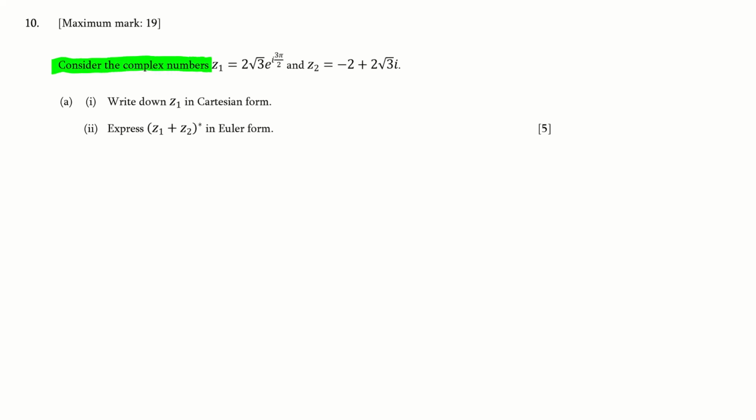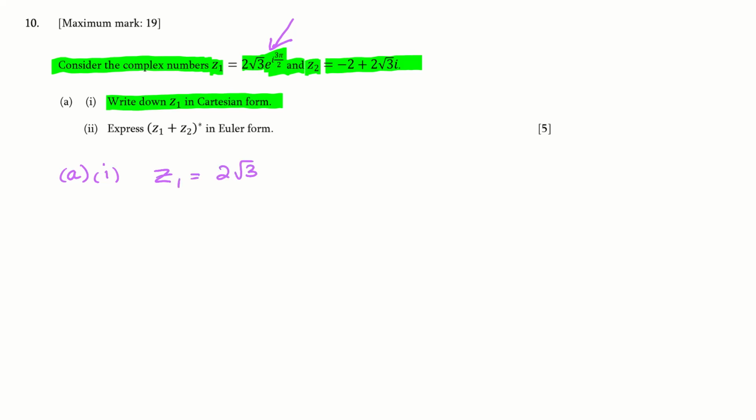Consider the complex numbers. Z1 is 2 root 3 e to the i 3 pi on 2, and Z2 is equal to negative 2 plus 2 root 3 i. Write down Z1 in Cartesian form. So, for A part 1, we know that here in exponential form, we can write that into cis form as